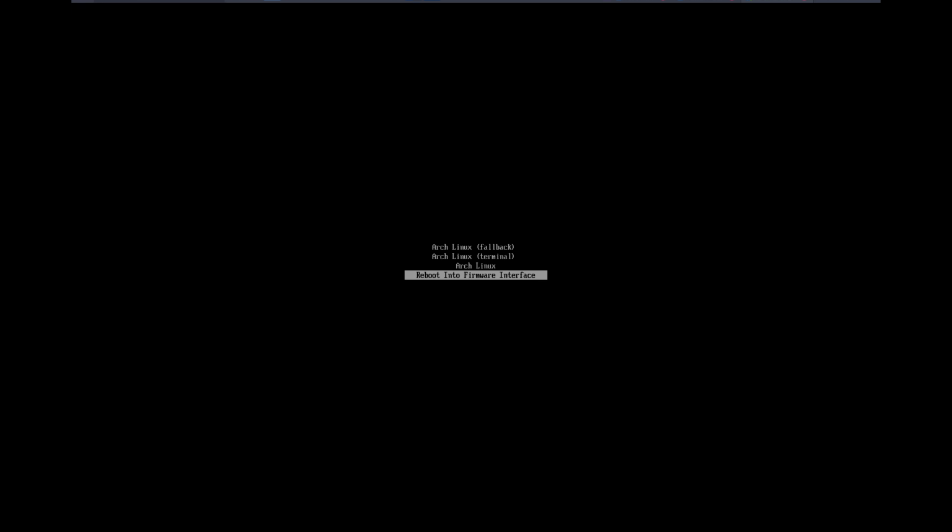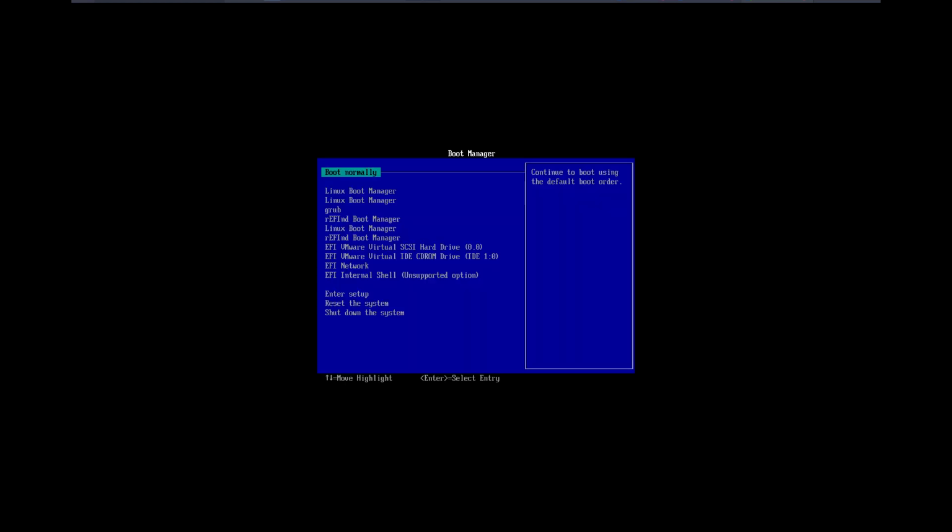It wants to boot up with the systemd. So there is already something installed on the machine. And this is the systemd look, right? So you have grub, refind, and systemd. This is systemd, which is also an interesting way of booting up. But I'm going to go to reboot into firmware interface and tell it, oh, no, with the virtual CD-ROM, so with